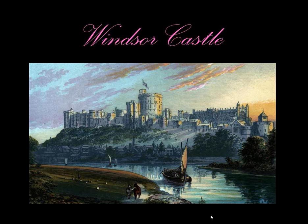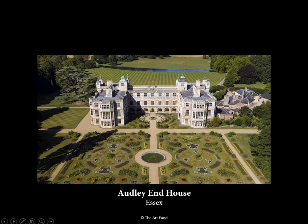The first one I'm going to talk about is a house called Audley End in Essex, which is owned by English Heritage, which is a charity that's very similar to the National Trust. What's interesting about this house is it is actually a fragment of its original size. It was